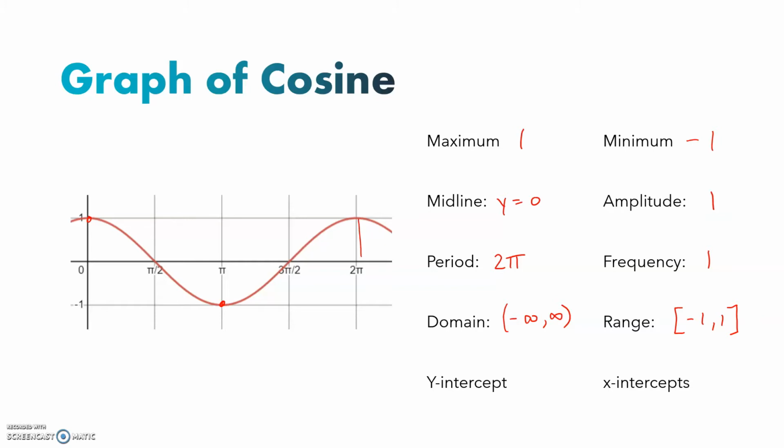So the y-intercept for cosine is right here. The y-intercept is 1, and that's because when the angle is 0, the x-coordinate is 1 on the unit circle. The x-intercepts, the times that the x-coordinate is equal to 0, are going to be at the pi over 2's. So pi over 2, 3 pi over 2, 5 pi